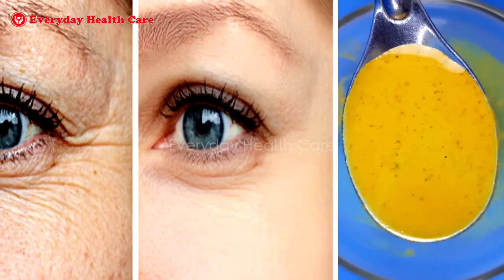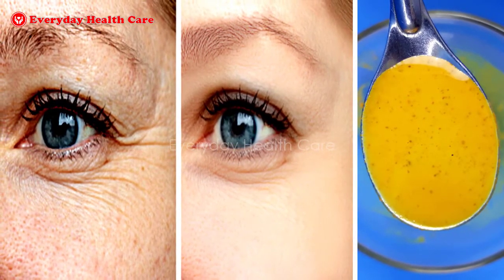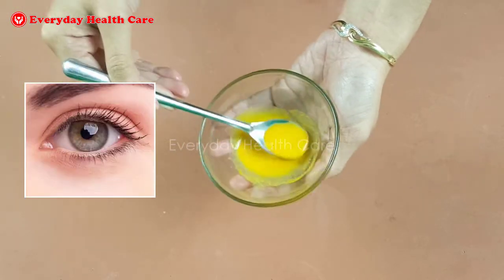Therefore, the remedy that we share today will help in treating wrinkles under your eyes and provide young-looking skin within no time. This is a natural remedy that will save you from any side effects and repair the damage